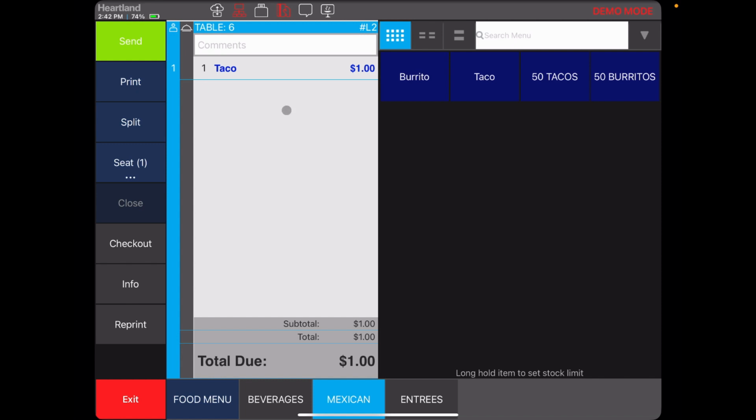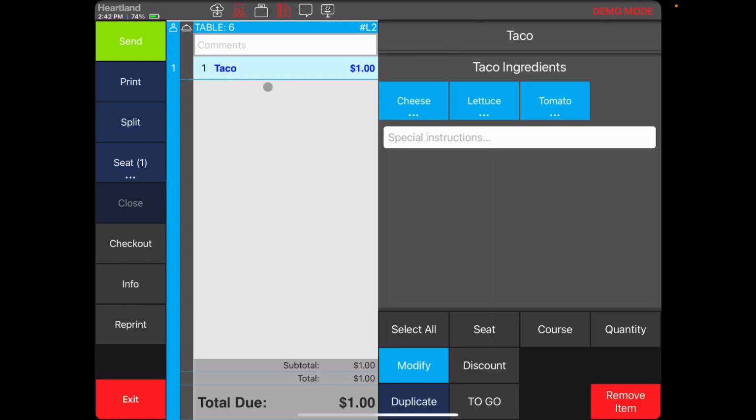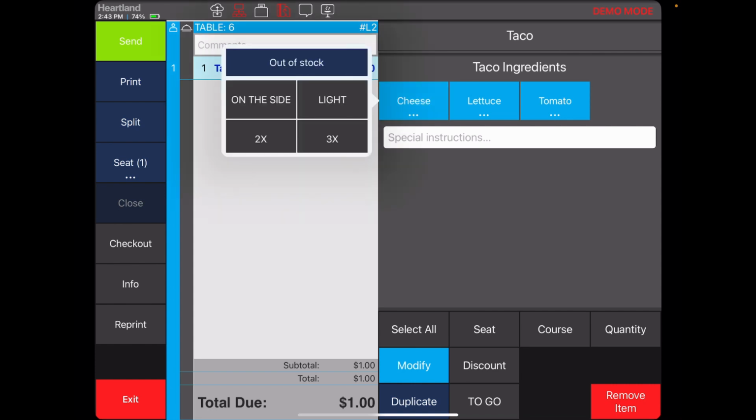All right, so here on the workstation, I went ahead and rang up a taco. So now if I click on this taco here, then I see my default ingredients because this comes with cheese, lettuce, and tomatoes. Now if you notice, it's got these 3 little dots underneath it. If you notice there's any dots underneath the ingredient name, then that means it has a context value. So I can press and hold my finger on cheese, and it gives me these options. So these are the context items I just created. So I can do on the